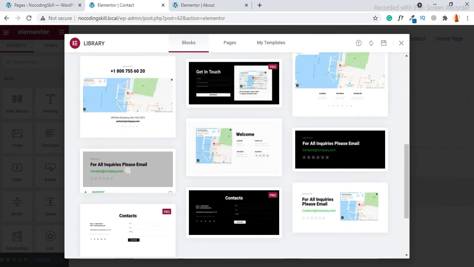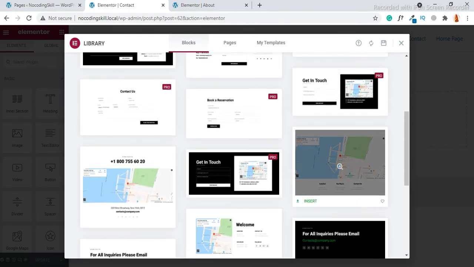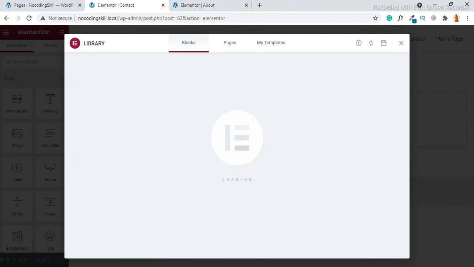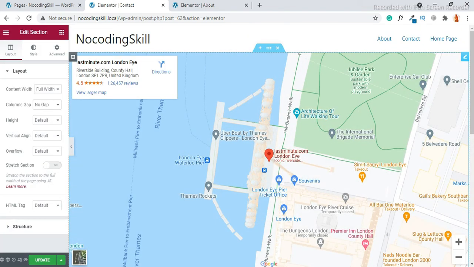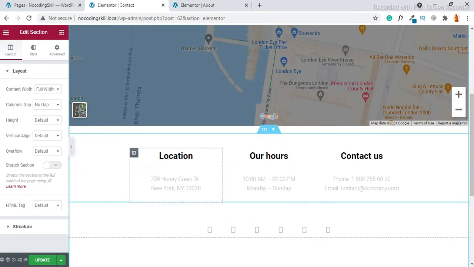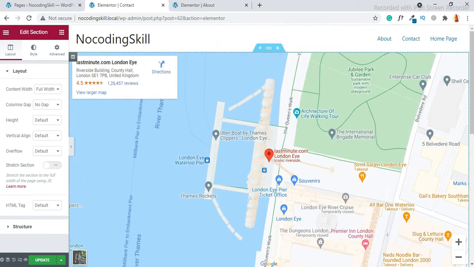Okay, I think which one is better and looking great and free also. So just click over here. Let's take this. So this is our contact space. You can change your location, our contact us.